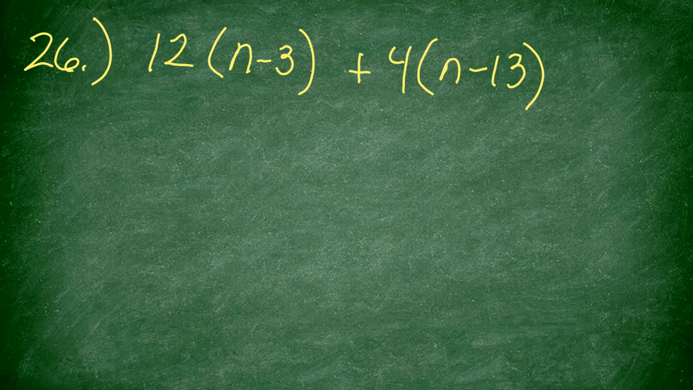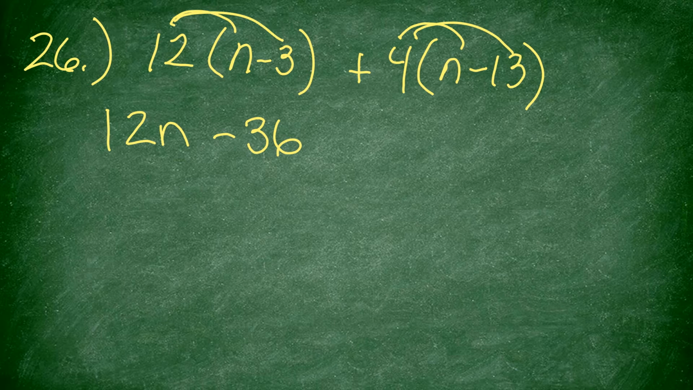Okay? All right, 26. As soon as I see parentheses, I have to think distributive property, or the pizza delivery guy. So 12 is going to deliver pizza at n's house and negative 3's house. So I get 12n minus 36. Now 4 is going to deliver pizza to n's house and negative 13's house. So I get plus 4n. Positive times the negative is a negative. So I get negative